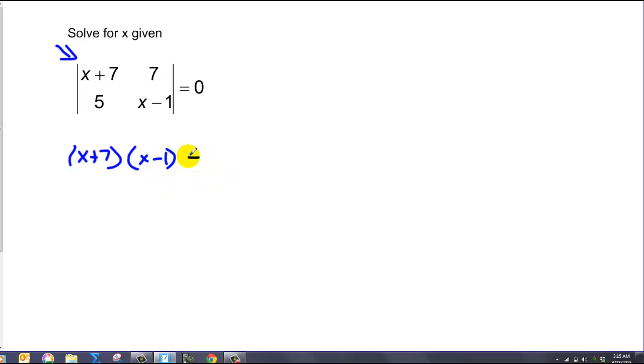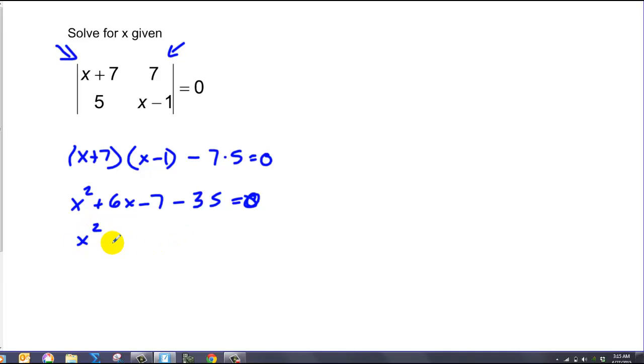It's going to be subtracted by this diagonal multiplication, or 7 times 5. All that's going to equal 0, so I have FOIL to do here, x squared plus 6x minus 7 minus 35 equals 0,